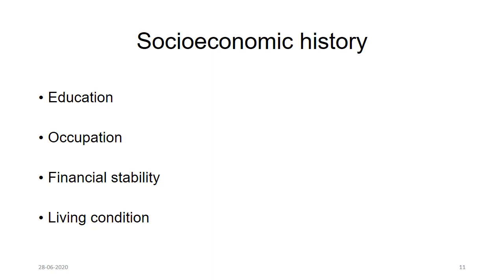Now, moving to socio-economic status, we should assess the level of education, the occupation the patient previously had, the financial status of the patient and the family, and whether the patient needs any help from the family members, etc. The type of house, the type of bathroom, toilet, vehicle accessibility, etc. should also be noted to assess the living condition. Actually, the socio-economic history will help us to predict the level of the quality of life of the patient.